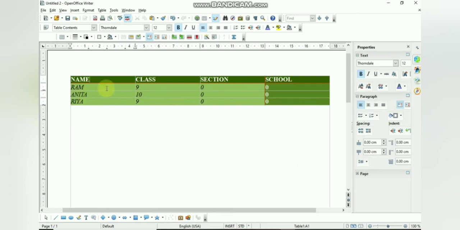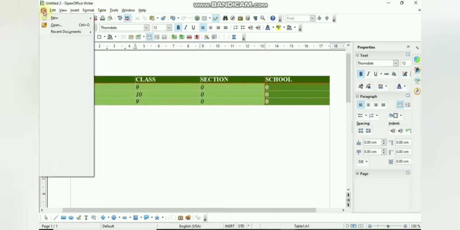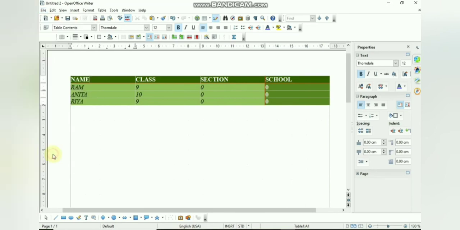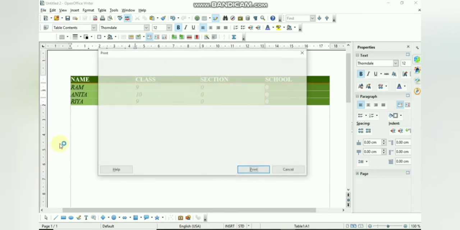Now say for example this table I want to print, I want it in a printed layout, I want it as a hard copy. So for that what I can do is in Writer we have the print option here. Okay, so this is the print file directly, that is by clicking on this option I can directly print my document. Or I can go to the file option, and from there I can just click on print, that is the shortcut key is Ctrl plus P.